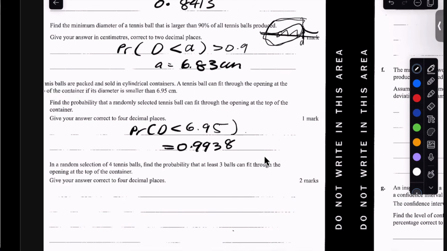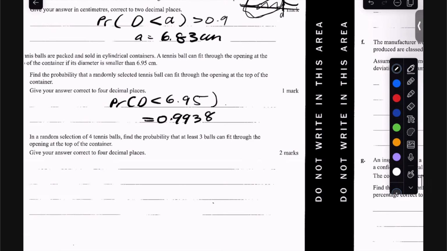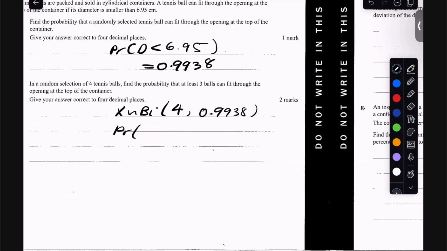0.9938 is that value. In a random selection of 4 tennis balls, find the probability that at least 3 balls can fit through the opening at the top of the container. Give your answer correct to 4 decimal places. So let's just say X is binomially distributed. We have 4 trials, 4 tennis balls, and the probability that it fits is 0.9938. Now you want to find the probability that X is greater than or equal to 3,